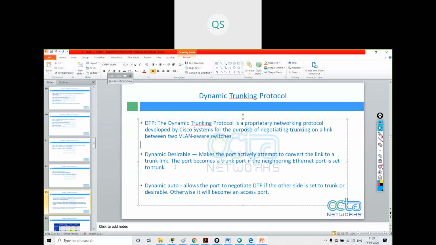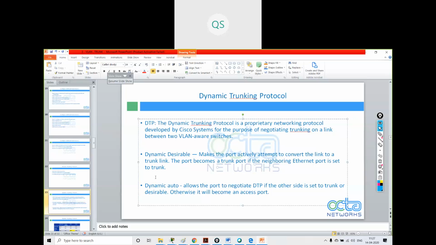Okay, now there are two modes over here, dynamic desirable and dynamic auto. What is dynamic desirable? It makes the port actively attempt to convert the link to a trunk link. The port becomes a trunk link if the neighboring Ethernet port is set to trunk.